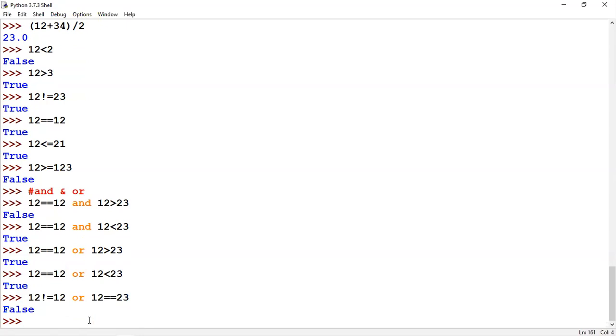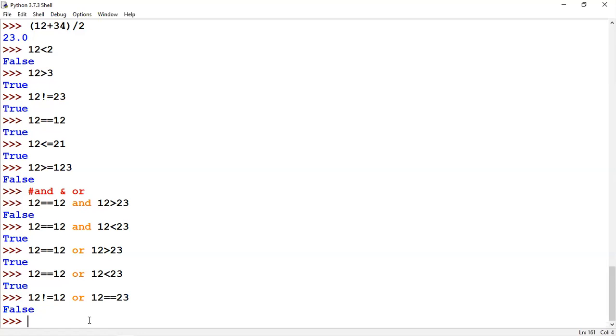This is what your AND and OR operator is. For the AND operator, you can take the example of username and password must both be correct. For the OR operator, we can take the example of getting an OTP. You can give either a mobile number or an email ID. If any one of them is entered, we can get the OTP. So that's what your OR operator is. Any doubts in this?